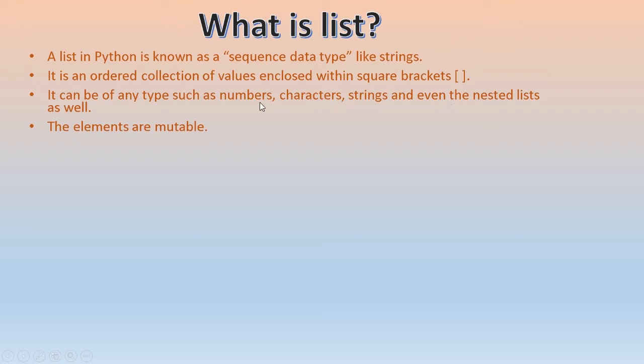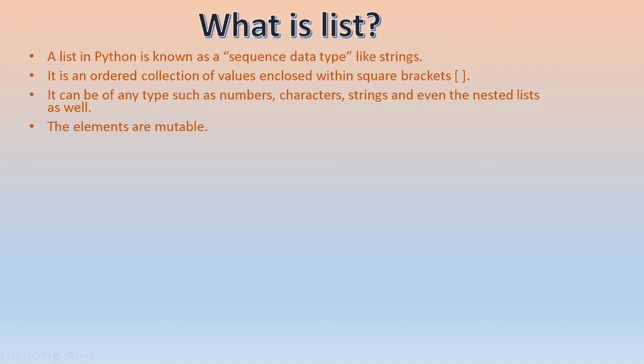In C++ programming you have learned about arrays. A list is also similar to an array, but there is a small change here. An array can hold many values of the same data type. That is, it contains elements belonging to the same data type. I can store integer elements or fractional elements. All the elements should be of fractional data type, or all the elements should be of integer data type. But in the case of a list, it is not so. It can hold elements of different data types.